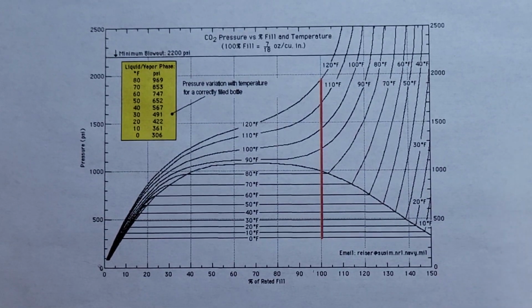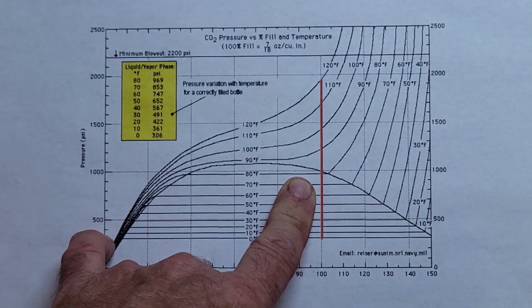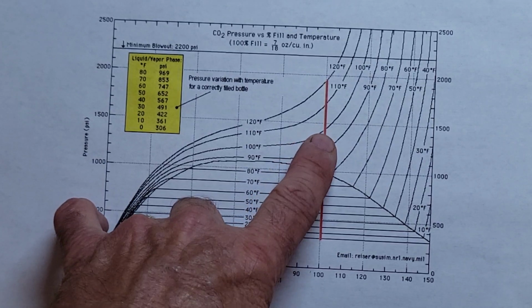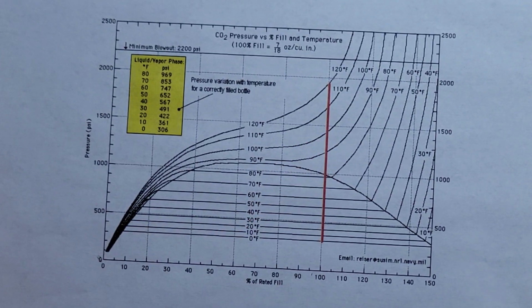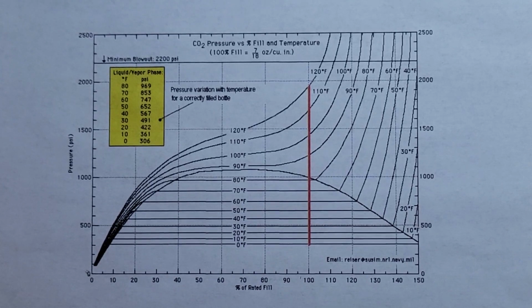Now, say you sighted in here at 80, and then you went out to the desert to hunt, and the temperature out there is 100, 110 or something like that. Now the pressure is up there around 1500 psi. Your point of impact is going to be high. So you got to think about that when you're deciding to maybe hunt with it. Always keep that pressure the same, or try to hunt in the same temperatures. If you're target shooting,